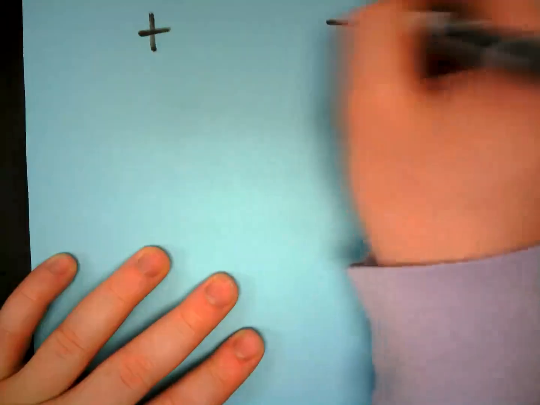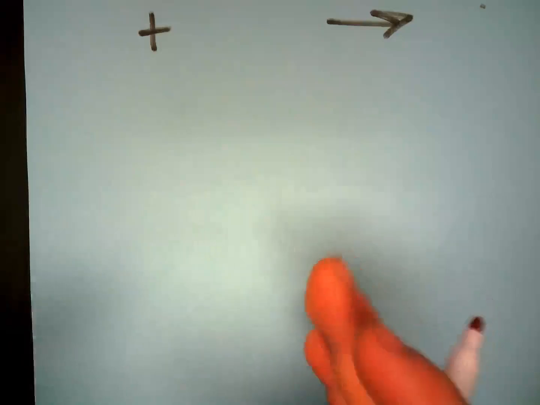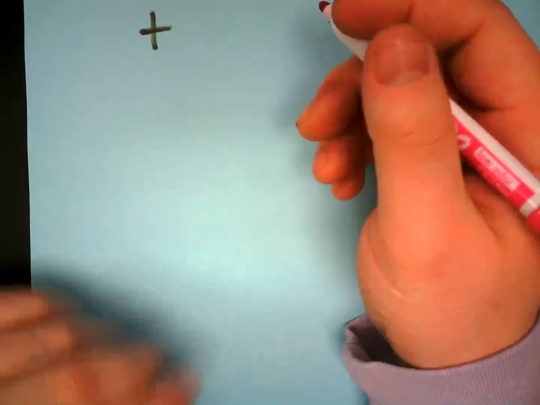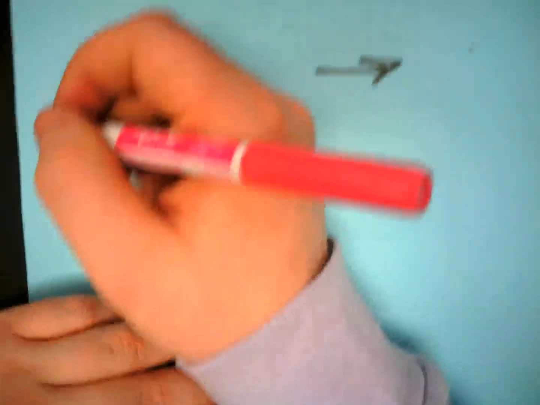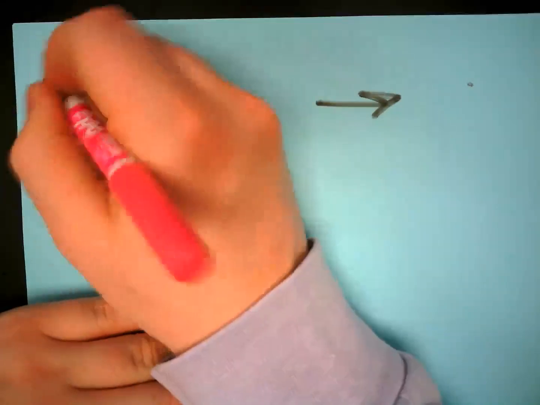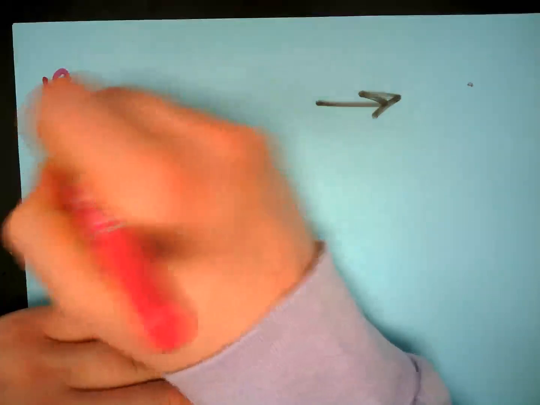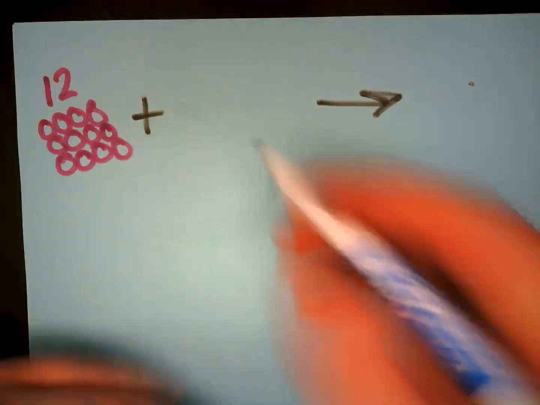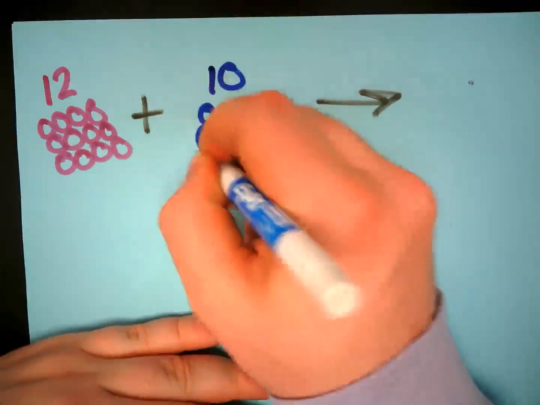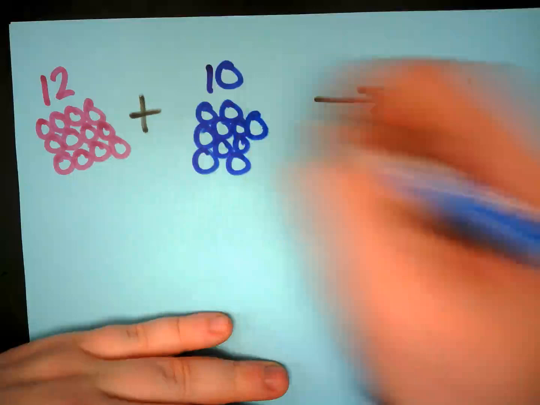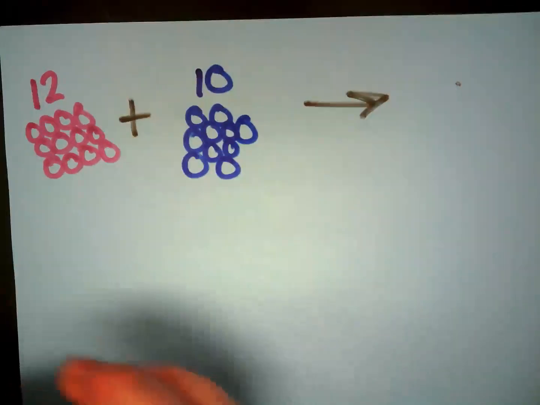Okay. So let's do this little concept idea one more time. Still working with pinks and blues and producing brown guys. You tell me, and it's still working with the 4:2 ratio in order to make 1, right? Let's say I have 12 pink guys, 1, 2, 3, 4, 5, 6, 7, 8, 9, 10, 11, 12, and I have 10 blue guys, 1, 2, 3, 4, 5, 6, 7, 8, 9, 10. If I have 10 blue guys, how many brown guys will I make, and who's going to be my limiting